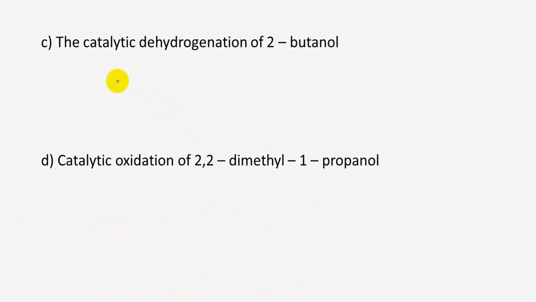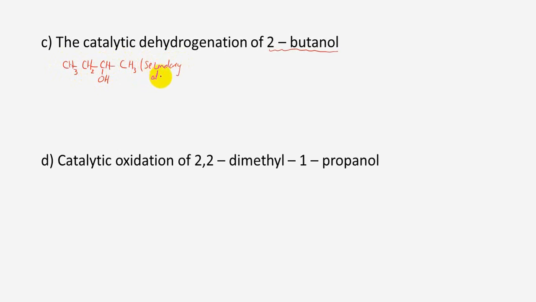Then we will continue with this example. We have a catalytic dehydrogenation. Here we have a revision for the catalytic dehydrogenation of 2-butanol. If I want to write the equation of this reaction, the condensed structural form of 2-butanol has 4 carbon atoms. On the second carbon we have the OH group, so we fill the hydrogen for each carbon: CH3, CHOH, CH2, CH3. So it is a secondary